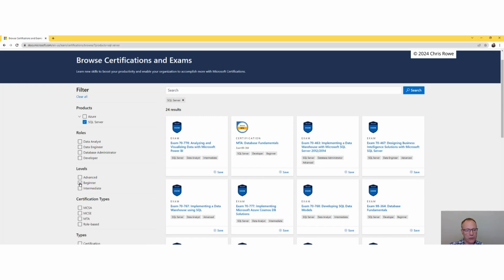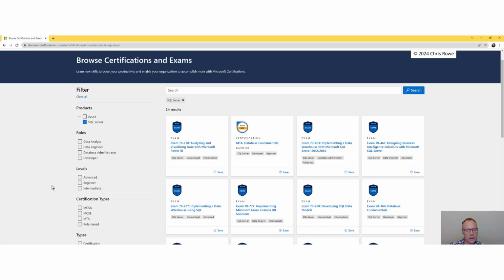Now, you've got different levels as well to look at. So if you want to click on the beginner, for example, you've got different certification types on top of that. So the MTA, which is the fundamental level, is the Microsoft Technology Associate. The next one along is the MCSA, which is more of an intermediate level, and that's the Microsoft Certified Solutions Associate.